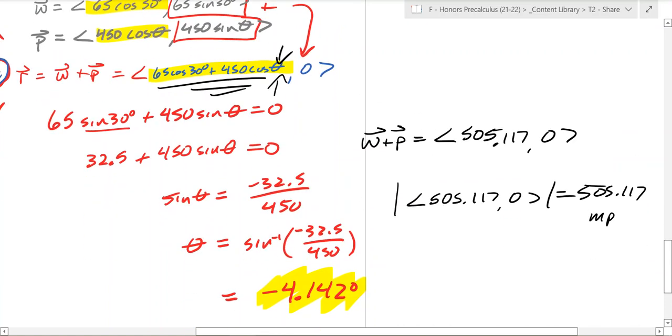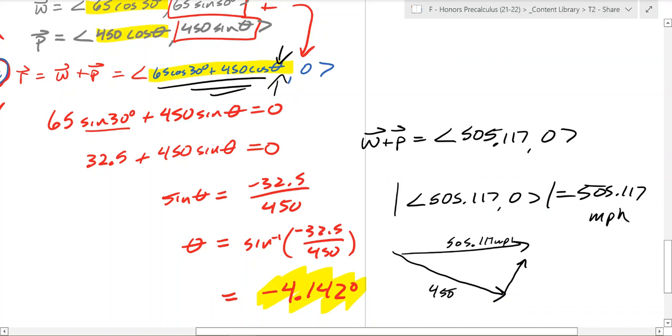Which makes logical sense, because it's miles per hour, yeah, miles per hour, which should be a little bit more because, again, the plane with no wind would be going there, but the wind is pushing it up to the east, so it pushes it forward a little bit. So the plane starts going 450, but with the wind not directly behind it, but partially behind it, it ends up going